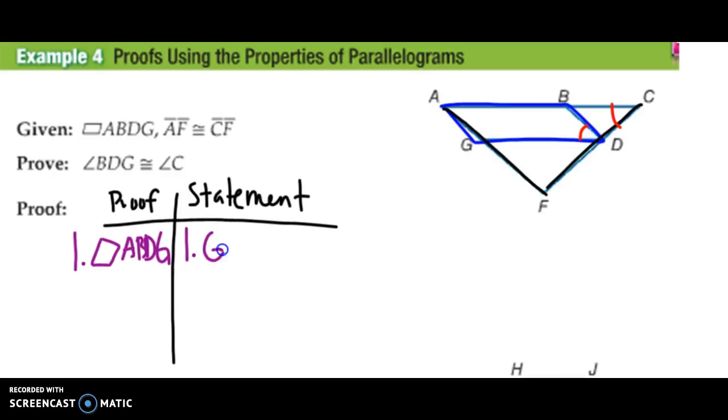Okay, that's given. So the next thing is that I know that angle GAB is congruent to angle